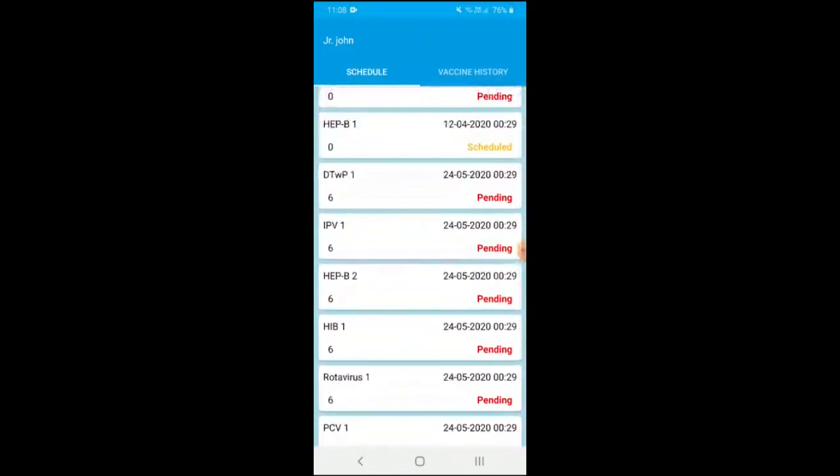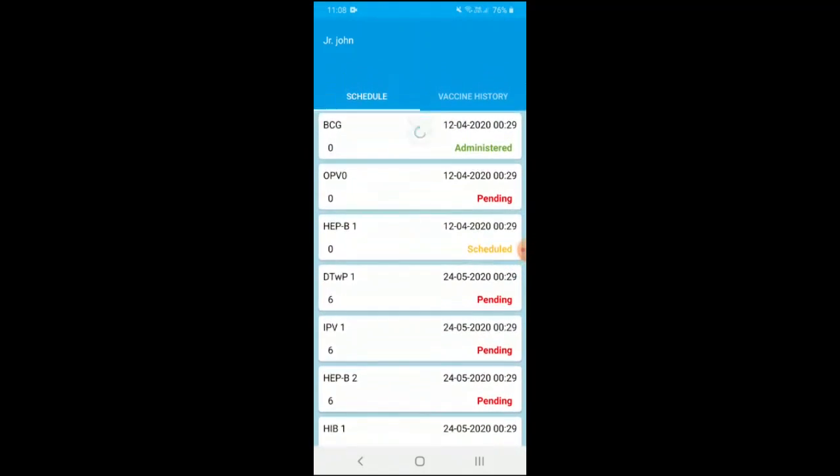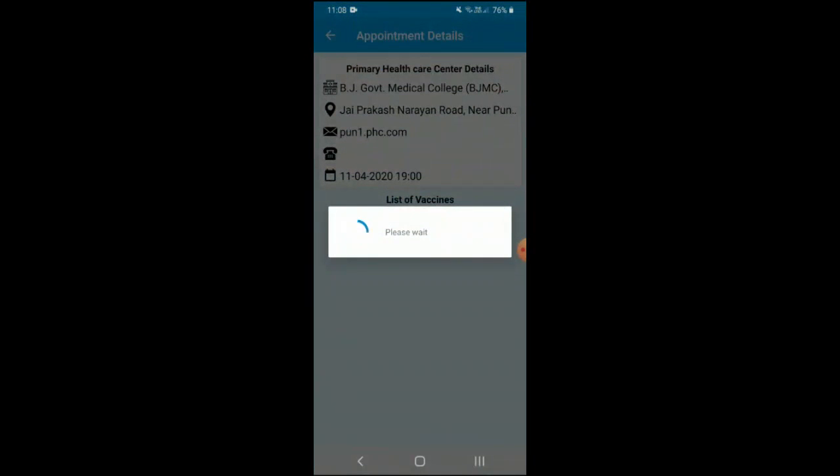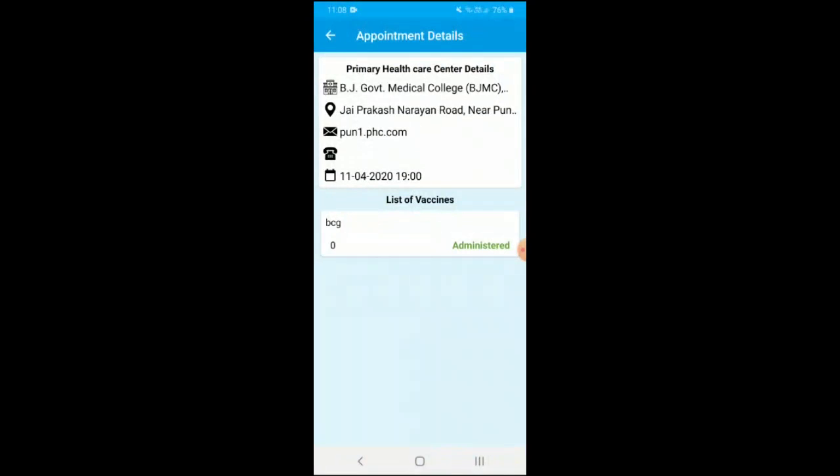Now, the vaccine history would give us more information about the list of completed, scheduled, and cancelled vaccines. Clicking on one of those would give us further details. For example, clicking on the completed vaccine gives us details about the public healthcare center at which a particular vaccine was administered.